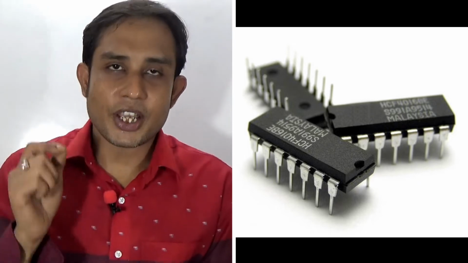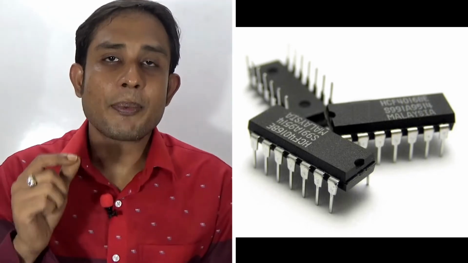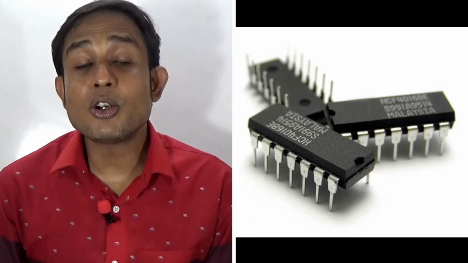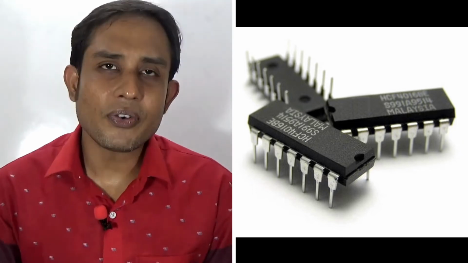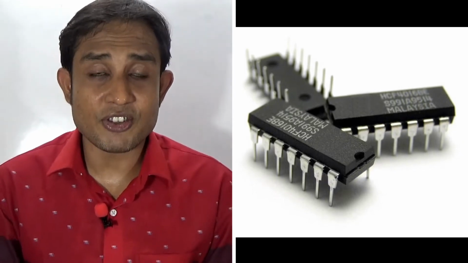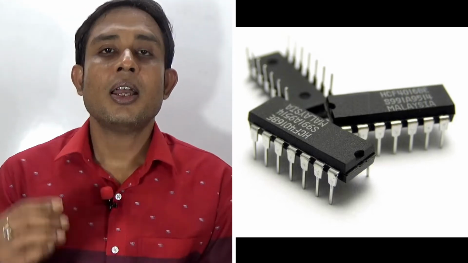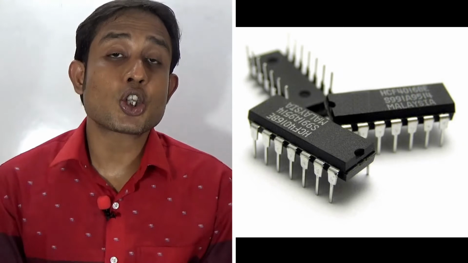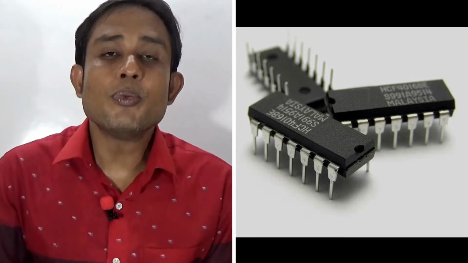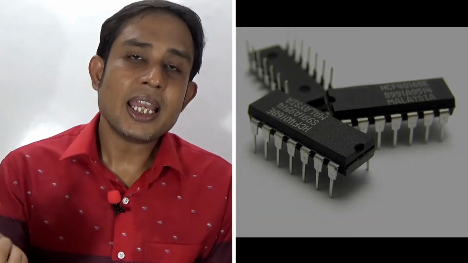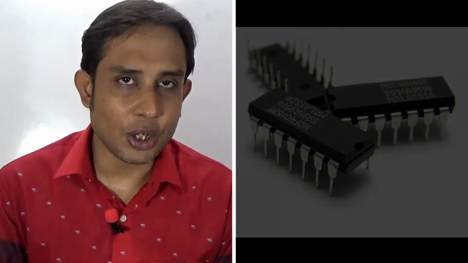Many transistors, resistors, capacitors, inductors are placed within a very thin silicon semiconductor plate by photolithographic process. The density of an IC is measured by the number of transistors present in it. The size of the IC is much smaller compared to a transistor, and it also consumes less electricity. In this generation, two types of IC were used. One is SSIC, small scale integrated circuit, and another one is MSIC, medium scale integrated circuit.